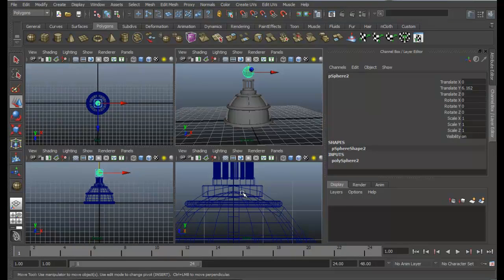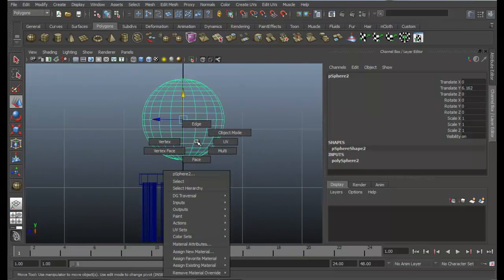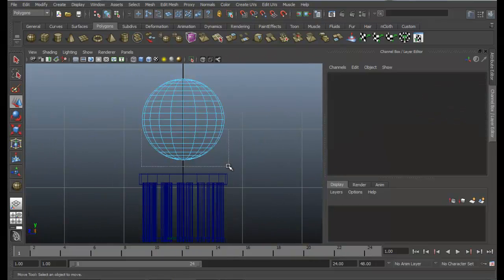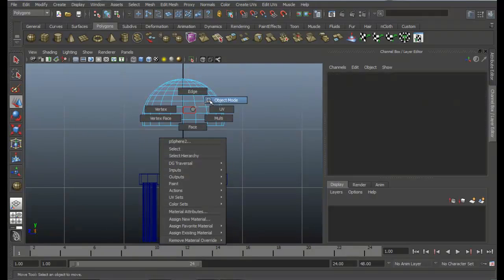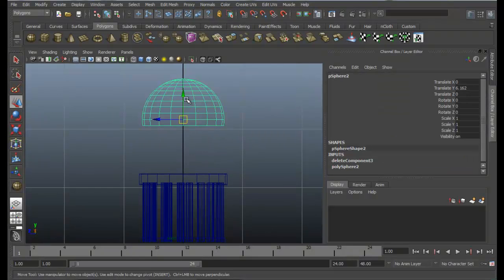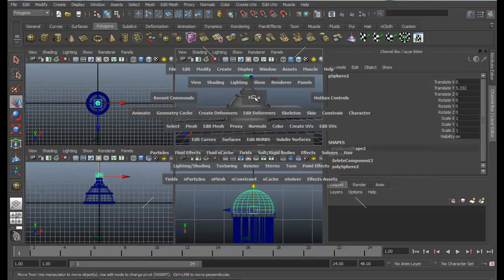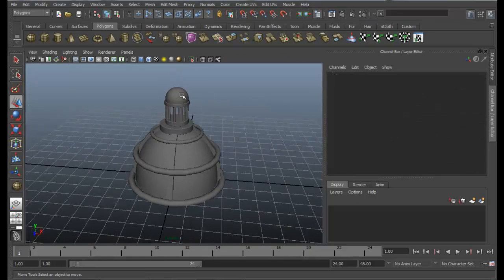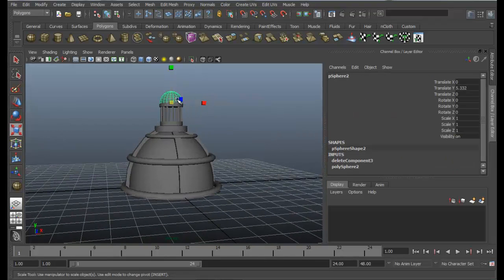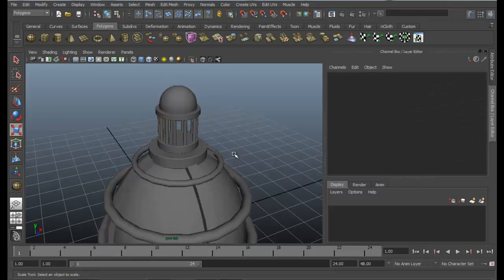Go to side view and delete half the faces because we only need the half part, and just position it. That's good.